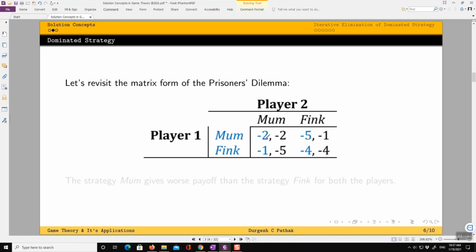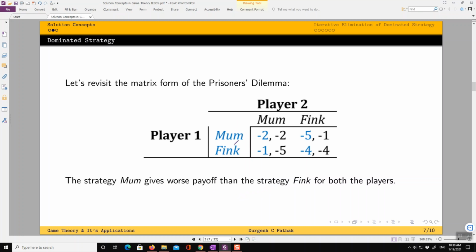-1 is better than -2, so Fink is better for player 1, or mom is worse for player 1 when the other player is playing mom. Mom is worse for player 1 when the other player is playing Fink as well, because 5 is less than 4. So we can clearly say that strategy mom gives a worse payoff than the strategy Fink for both the players.